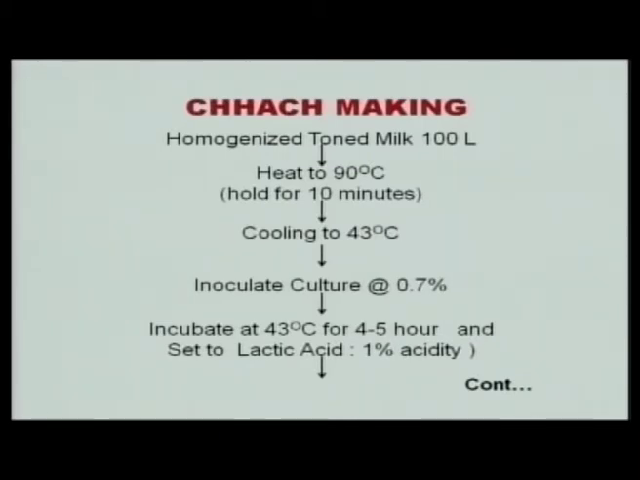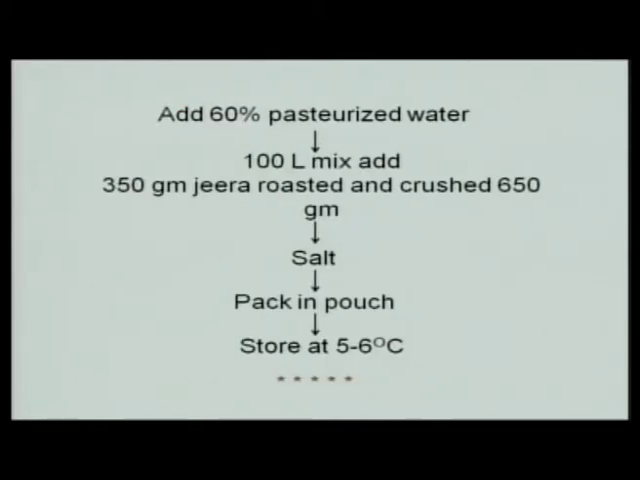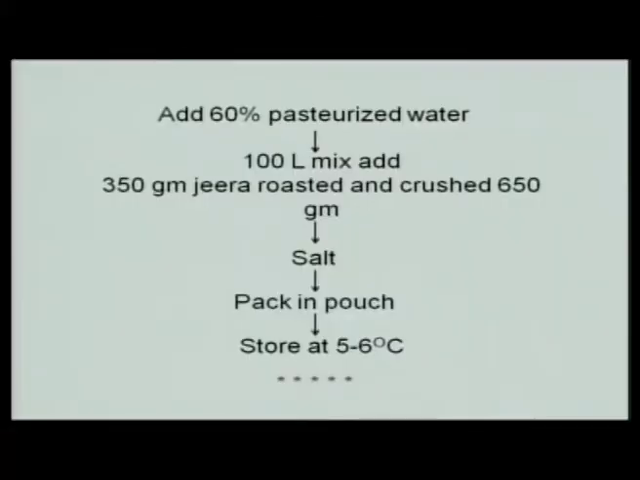Now, we will take the chaach making also. This is also one of the important products. We take the homogenized toned milk, heat to 90 degrees centigrade, cool it to around 43 degrees centigrade, add culture at the rate of 0.7%, and incubate at 43 degrees centigrade for 4 to 5 hours, until lactic acid reaches 1%. Then we add 60% pasteurized water, then we add the ingredients like salt and other things, and then pack in pouch. So, this is in brief about the different products and their